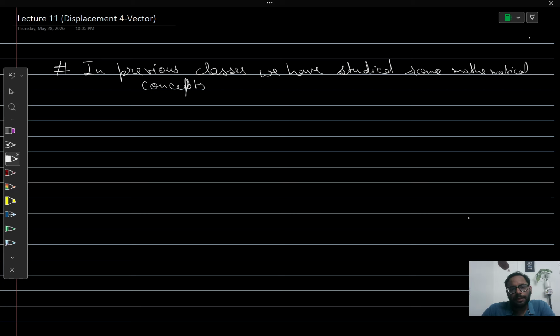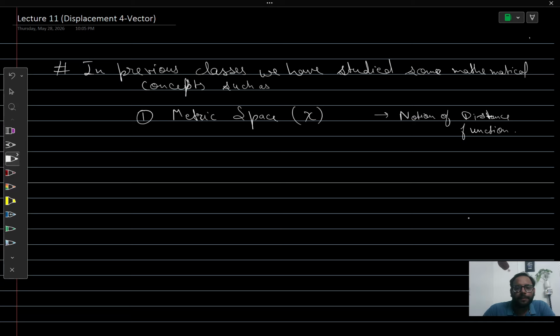What were they? They were metric space, denoted by chi, which gives us a notion of distance function. Second, a vector space